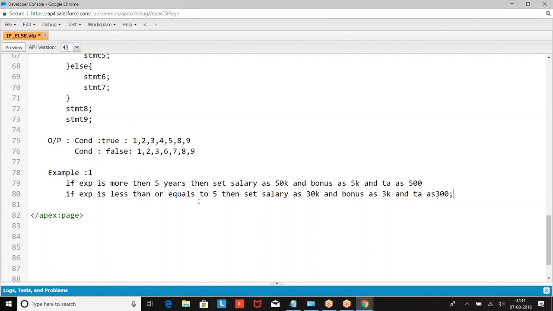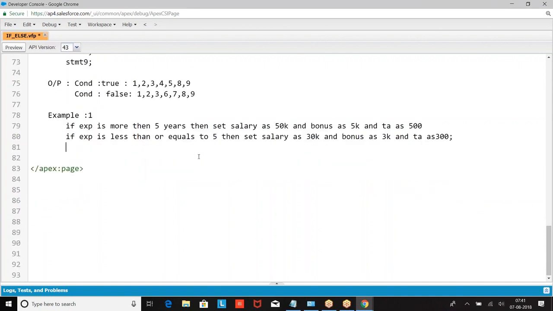Now, this is the program. Now you define it. In this case, if you are taking any variable, salary, bonus, TA, should they be within the if or outside the if? Outside. Why? Because we are using the variables with the if as well as else.